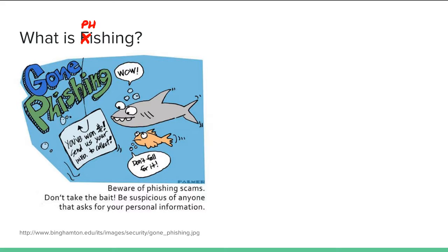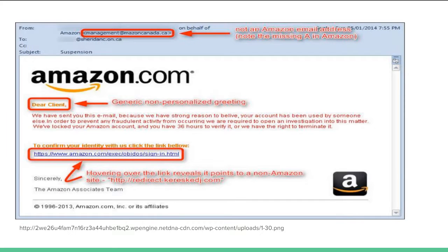Phishing is the attempt to obtain sensitive information such as usernames, passwords, and credit card details, and by extension money, often for malicious reasons, by disguising as a trustworthy entity in an electronic communication. So this is basically where they're going to pose as something legitimate to try and get you to put your username and password into